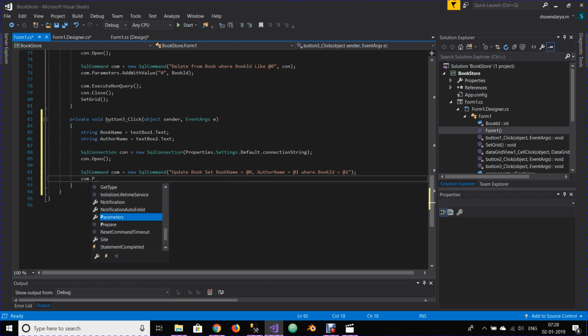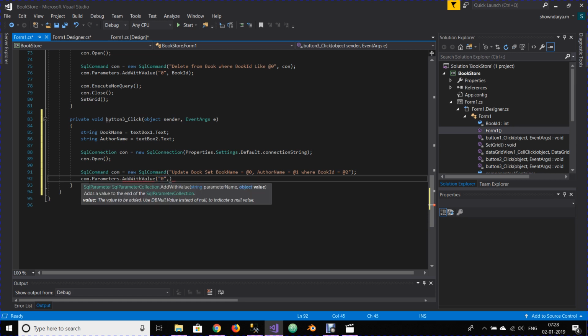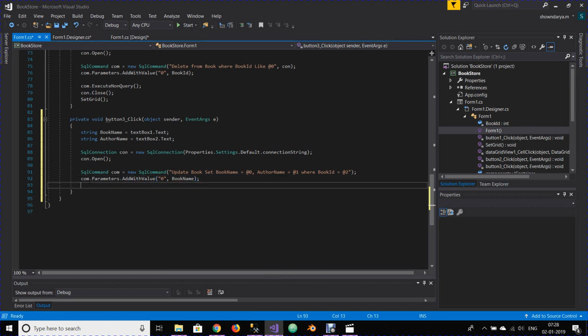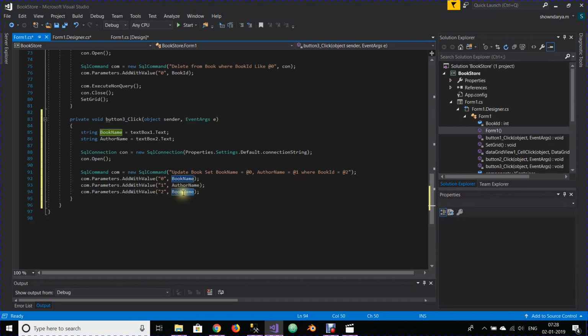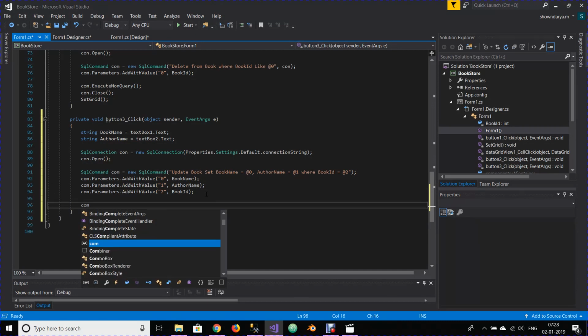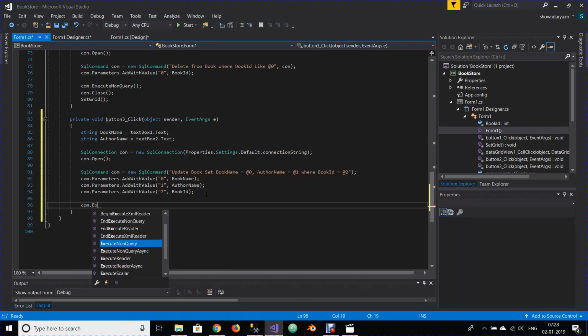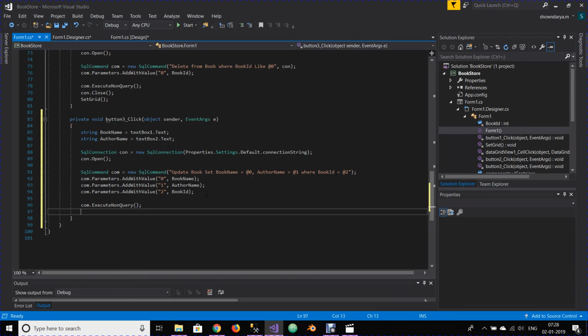We need to define the parameters. So com.Parameters.AddWithValue, the 0th one is our book name, and let's copy paste this twice. So this and again, so 1 and 2. 1 is our author name and 2 is our book ID. Now this is in place. Let us execute com.ExecuteNonQuery, con.Close,